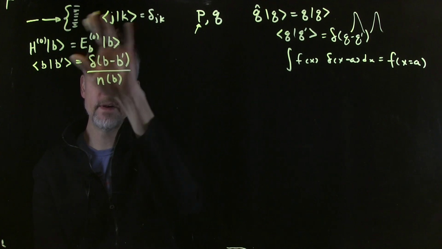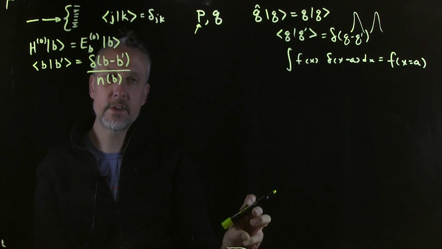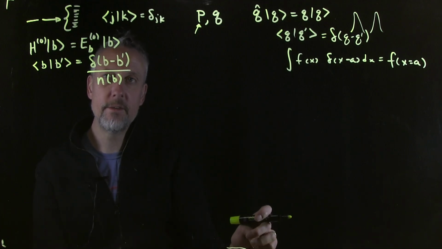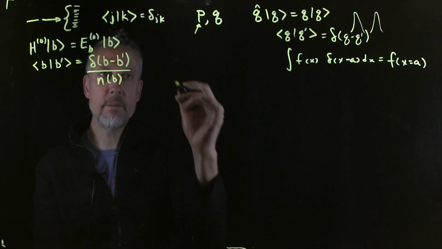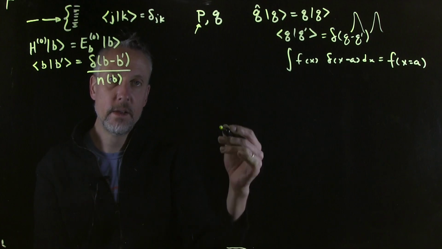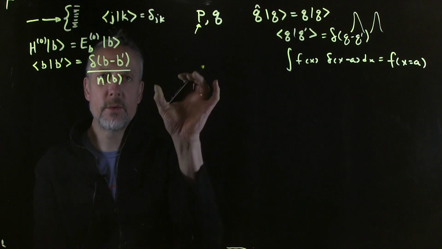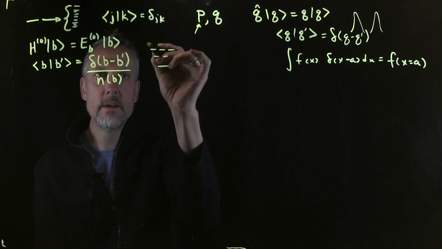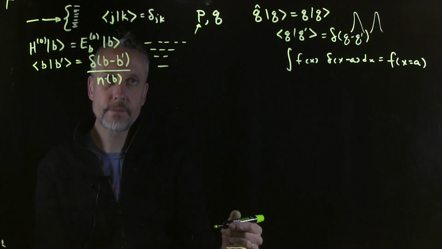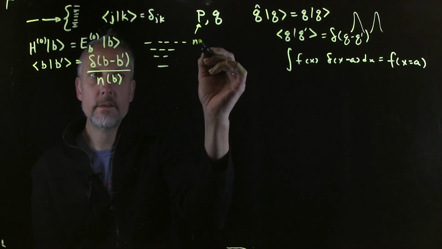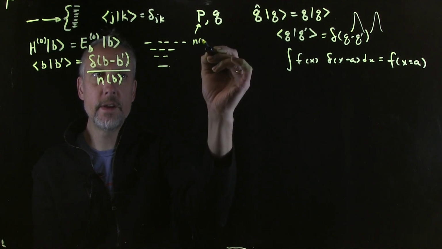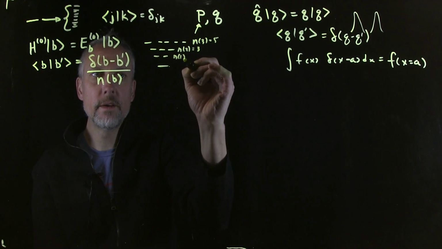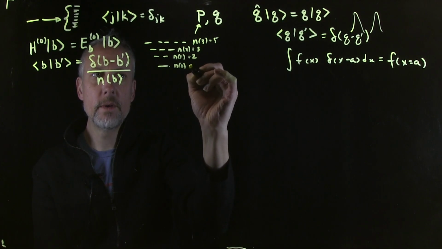We haven't said anything about the dimensionality of this problem. If it was a two-dimensional problem, it might very well have degeneracy. Remember what happens with a two-dimensional harmonic oscillator, uncoupled. If they're two identical oscillators, then the first excited state has 2, the second excited has 3, and so on. So for n equals 0, 1, 2, 3, we have 1, 2, 3, and 5